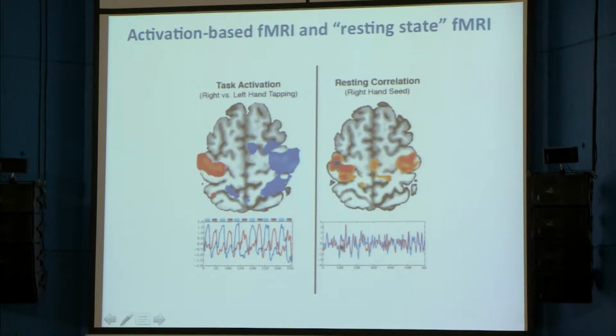Here, the subject is lying in a scanner doing absolutely nothing. The data look like noise, but if you look at the correlation between a voxel in, let's say, the right motor cortex and the left motor cortex, it correlates with areas that seem to show a similarity to the motor cortices. That was one of the first findings. And since then, we've found these sort of correlations all over the brain. So the question is, what does it mean, and how to actually do the processing of the data?